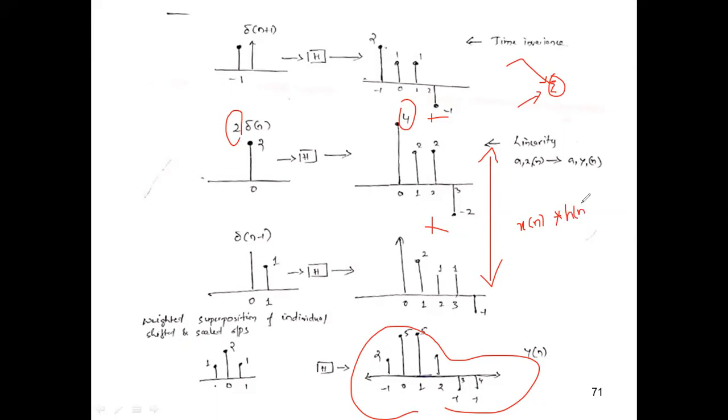What is the method, by the way? See, x1 of n multiplied by h of n. You know the method, right? This is the representation. This is the method. Whatever we saw just now was the method. Got this particular thing. The process is called linear convolution. So now will somebody please tell me, with the linear convolution operator, what can we do?